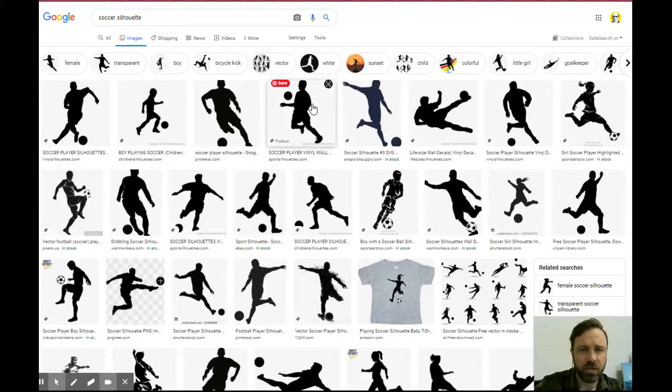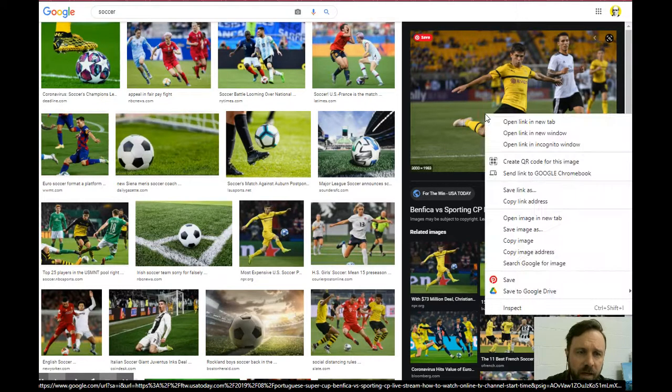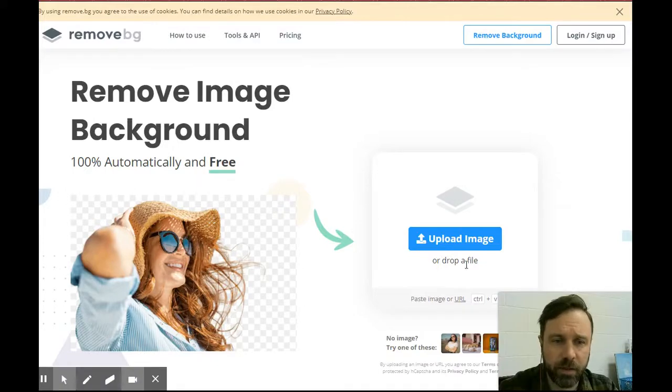So again, you can look at these to kind of get an idea, and there's nothing wrong with that. But I do want you to have an understanding of how these are made. So what we're going to do for this is I went and found a picture of someone playing soccer here. And all I'm going to do is copy the image address. I'm going to put it into